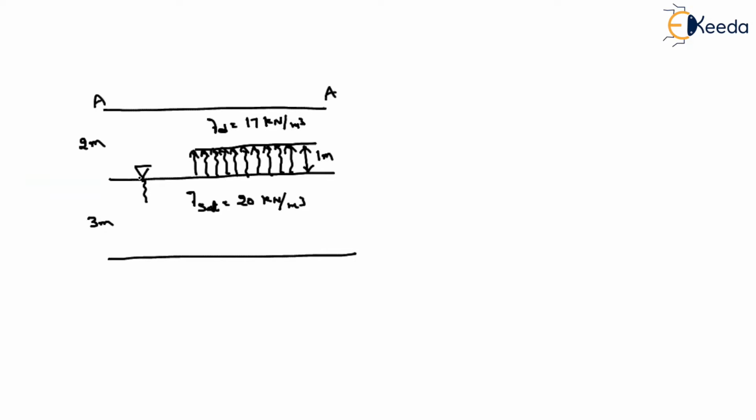Imagine this is the layer A, this is the layer BB and this is the layer CC. Here, my motive is to find the effective stress at the junction A, at the junction BB, and at the junction CC, right? And also imagine the layer DD, that means the level up to which the capillary action is obtained. Simply, I can say that here the total effective stress is equal to 0.